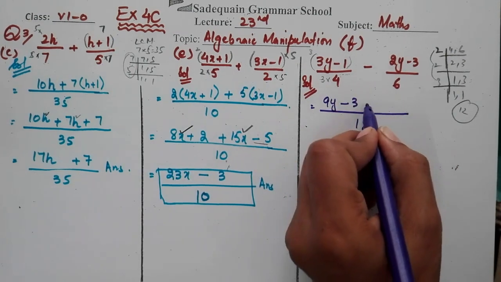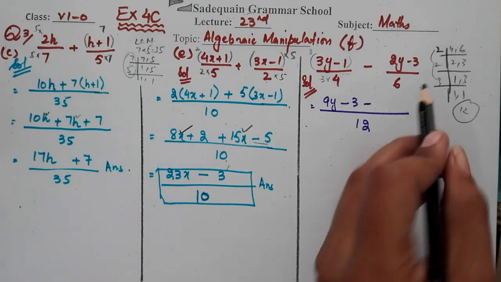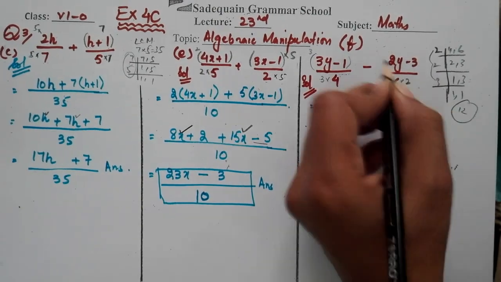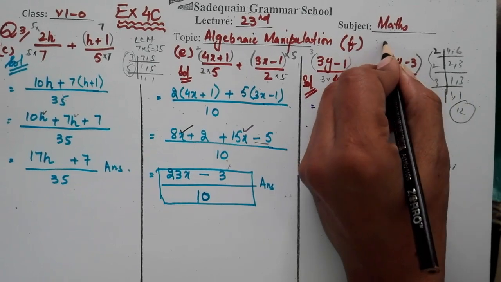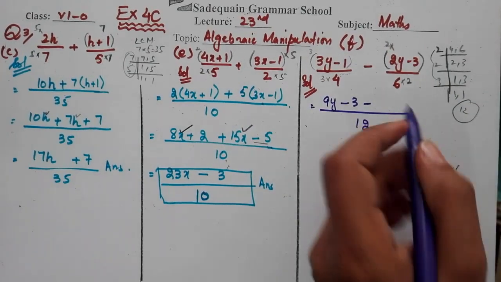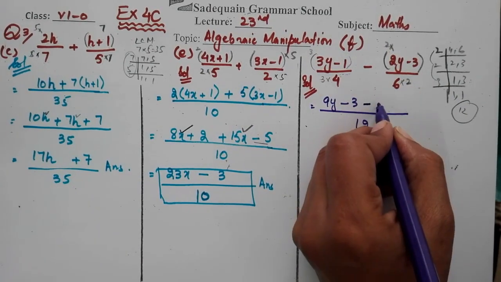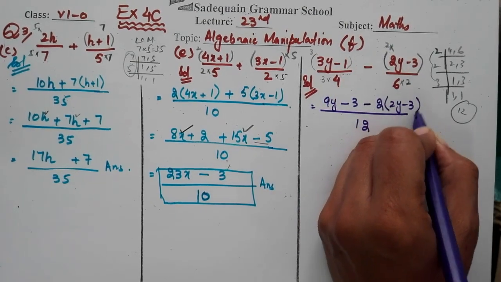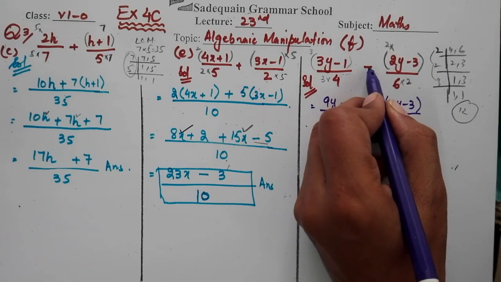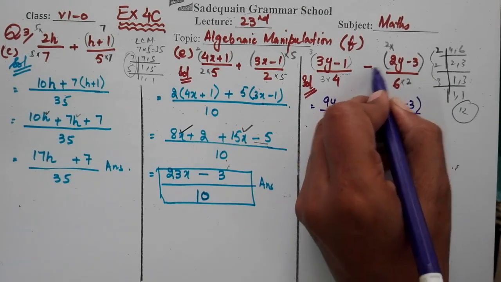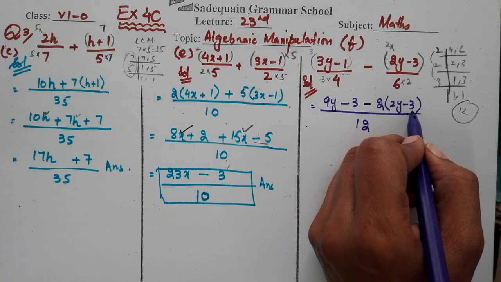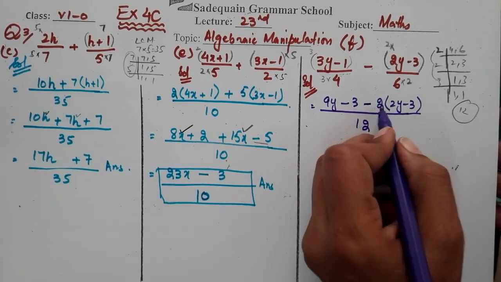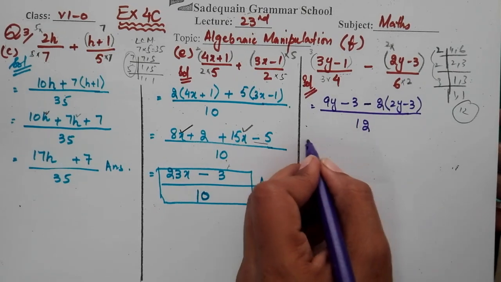Okay, so here minus, now 6. So how can we make it 12? So 6 multiplied by 12. So once we multiply the denominator, the same number will multiply in the numerator. So here minus, now I am writing it 2 multiplied by 2y minus 3, because if you directly write it here, so better here we have minus, so it will be minus, then minus minus plus, then you will write it. So maybe you forgot to write this, change the sign, so that's why I preferred you to write like this.